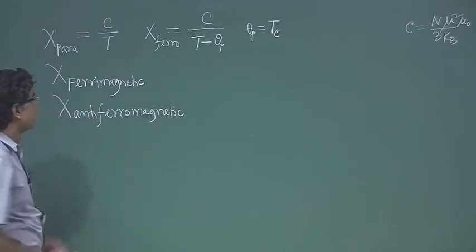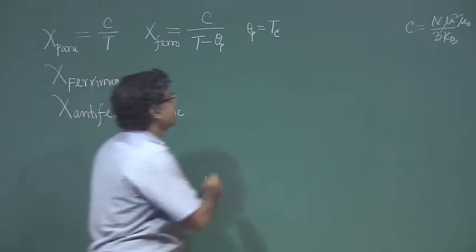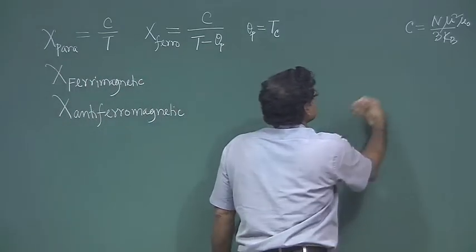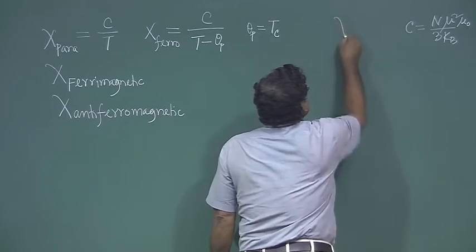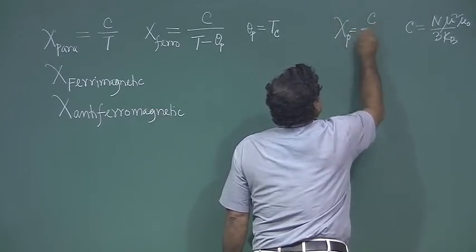So, this chi in the paramagnetic phase is C by T,